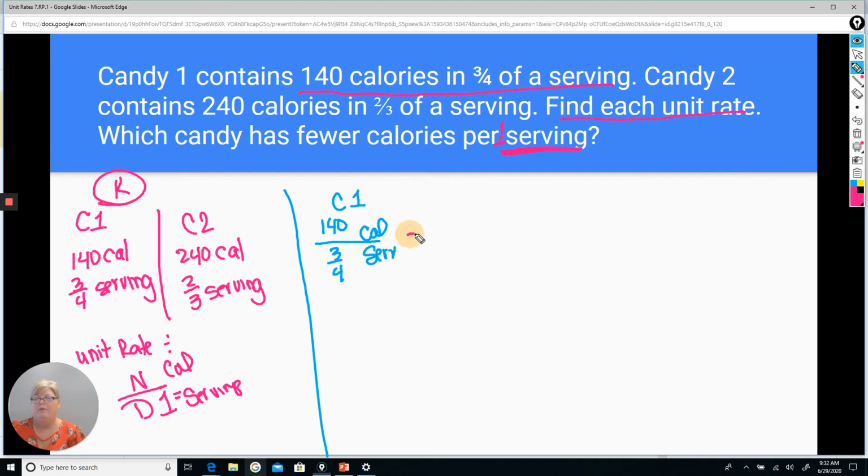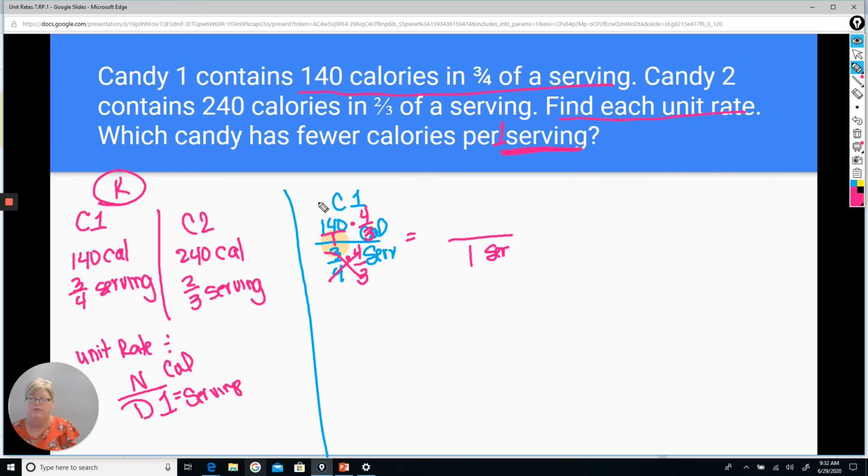And remember, how do we make servings 1? That's what we want. We want this to be a 1. We have to multiply by the reciprocal. And if we multiply the denominator, we have to multiply the numerator. These would cancel out, or it would give you 12 over 12, which would give you 1 serving, and that's what we want. Now, you cannot multiply a whole number times a fraction, so you have to put a 1 up under the 140. And when you multiply